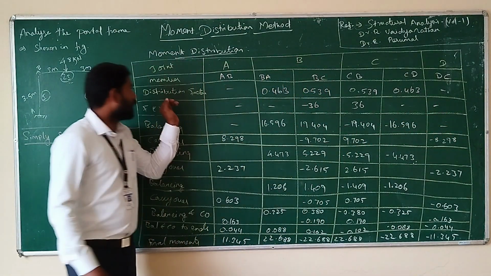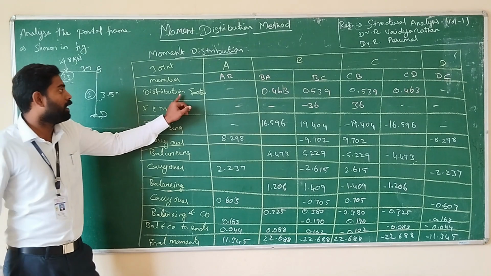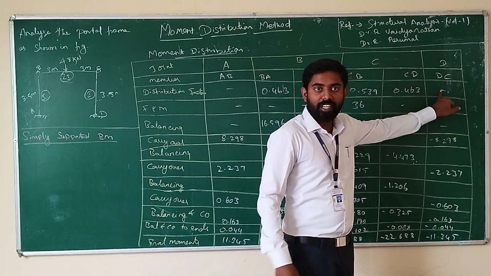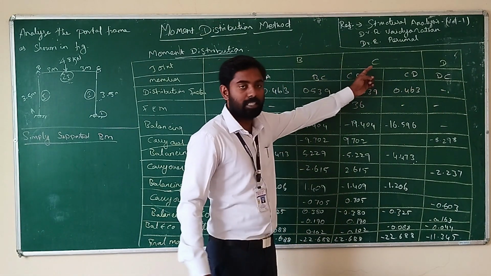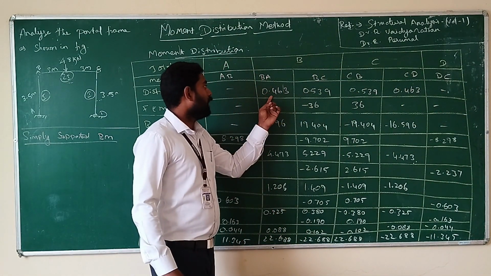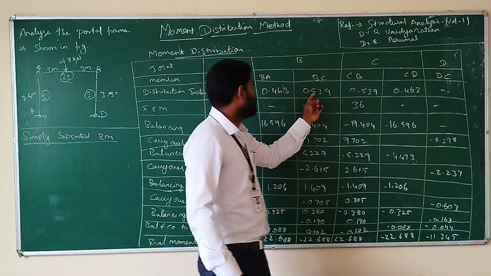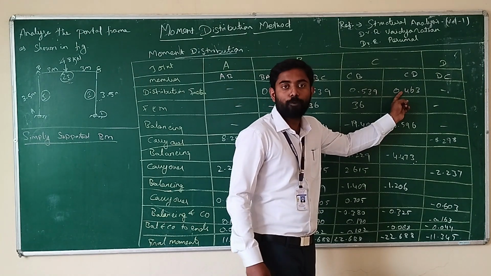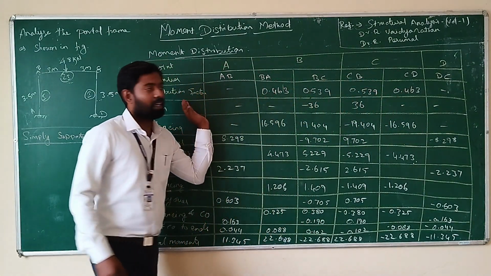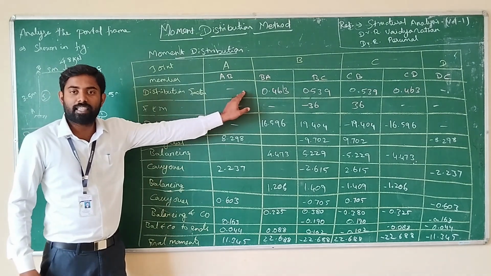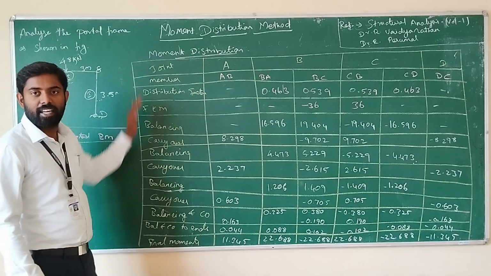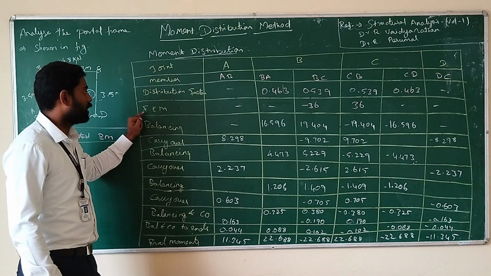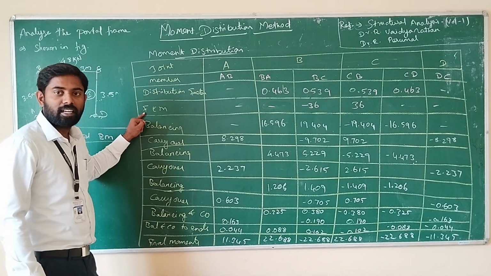And the same way, we have calculated the moment distribution factors. In case of the moment distribution factor, we did not take joints A and D. We have taken B and C. So for B, the BA value is 0.463 and BC 0.539. And CB 0.539 and CD 0.463 values. So these are the values that we have taken from the previous cases. And the same way, we have created the calculation for the moment distribution method. It includes the joint, member, distribution factor and fixed end moments. This has been calculated previously.